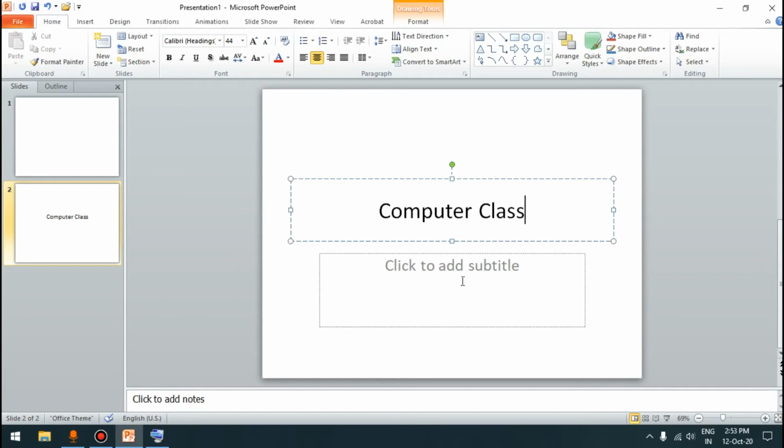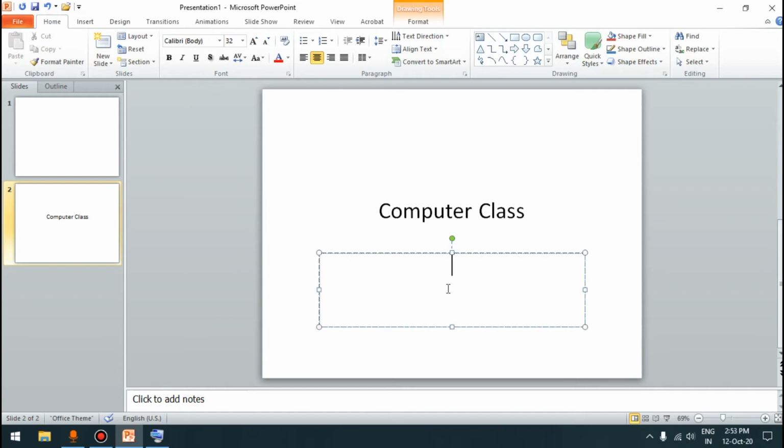To type the text in the placeholder, first we have to bring the mouse pointer inside the box. The mouse pointer looks like a white arrow. As I bring it inside the area of this box, it changes to an I-beam. So I will click with the left mouse button and the cursor will start blinking, and here we can type the text from the keyboard: Microsoft PowerPoint.